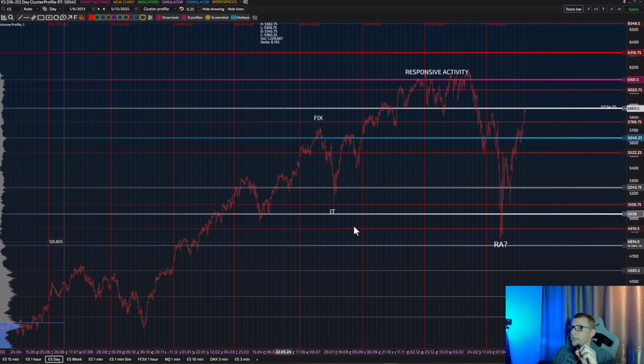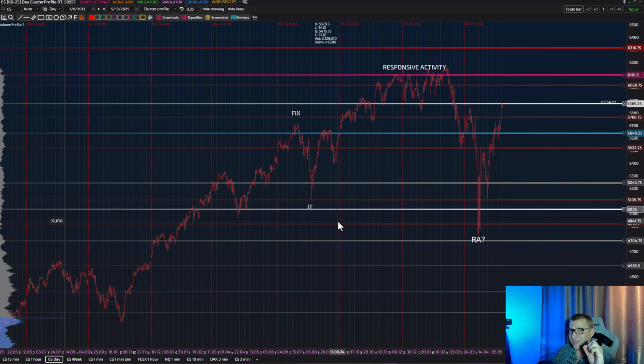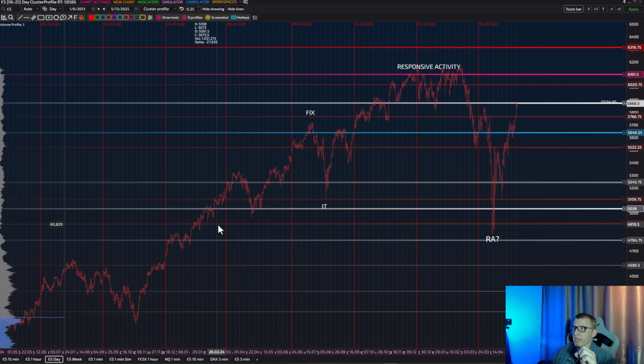Next, daily time frame, a daily auction. As I said, each time frame is a separate auction. Alright, what do we see here? Now we analyze each time frame from another perspective. Okay, here previously we had an impulse. Then here we see a balance, because we have a fix, we have an inertial trade, and we have responsive activities, both of them. And right now, the buyer's responsive activity is almost fully formed.